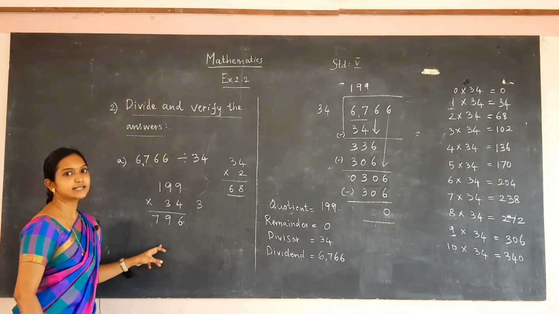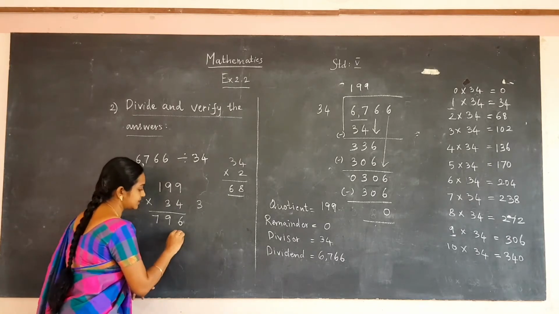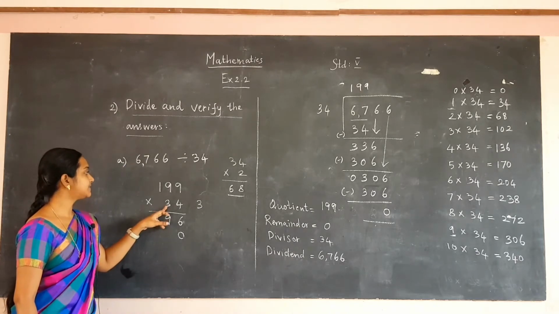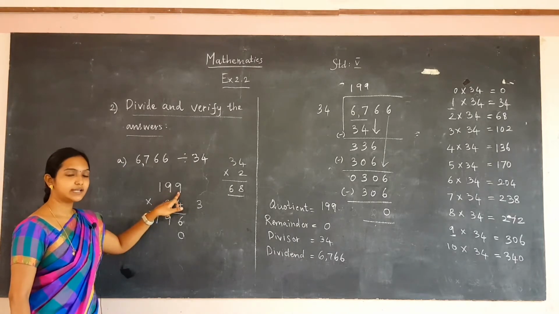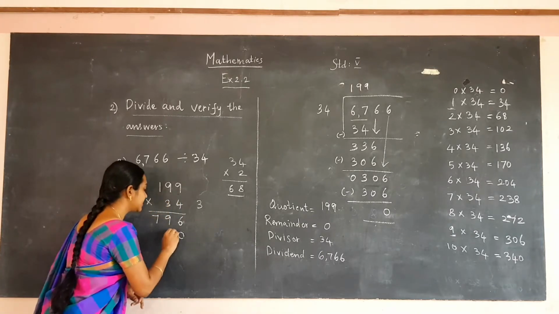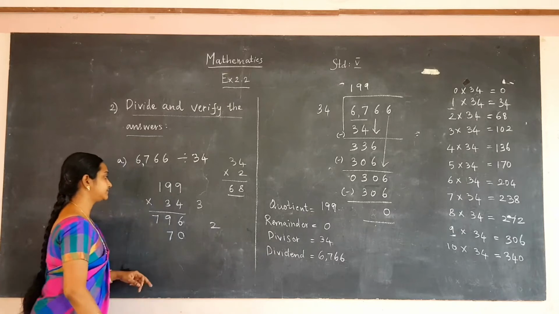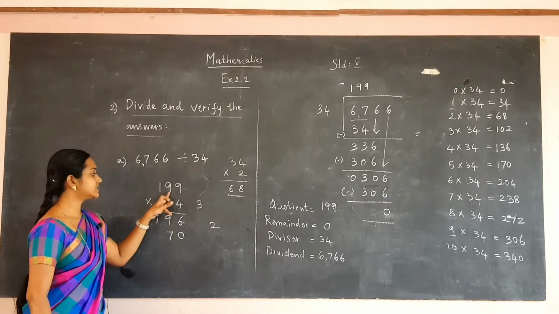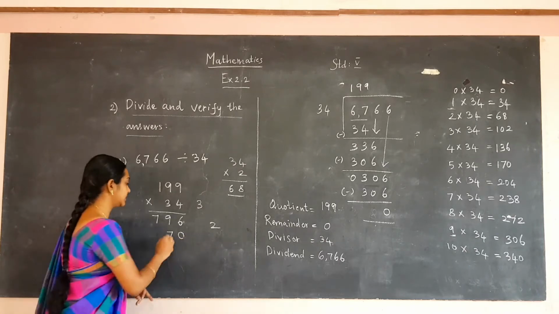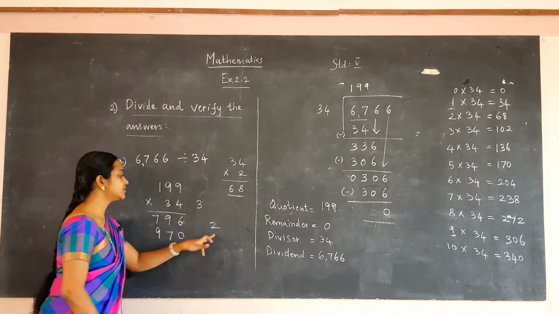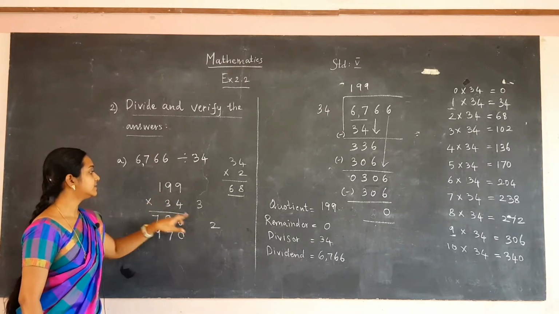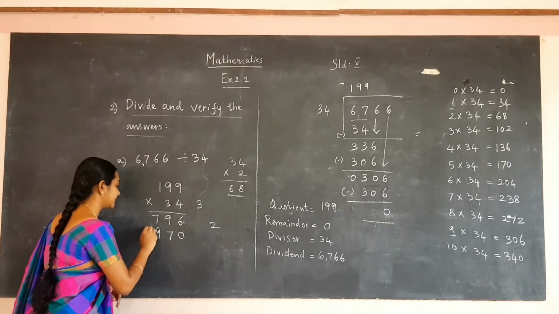Now we are going to write the second line. So put 0 here and start writing from the second place. Now we are going to multiply 3 and 9. 1 9 is 9, 2 9s are 18, 3 9s are 27. So put 7 here and 2 will be remaining. Again 9 3s are 27. 27 plus 2 will be 29. So put 9 here. Again 2 will be remaining. 1 into 3 will be 3. 3 plus 2 will be 5.